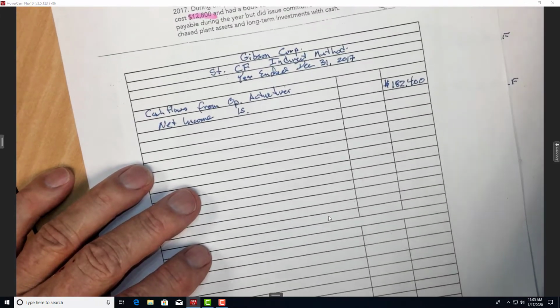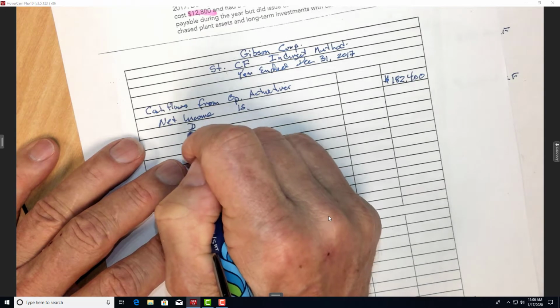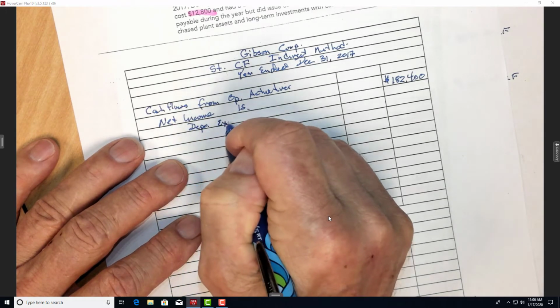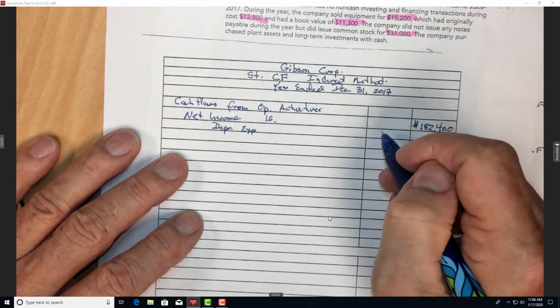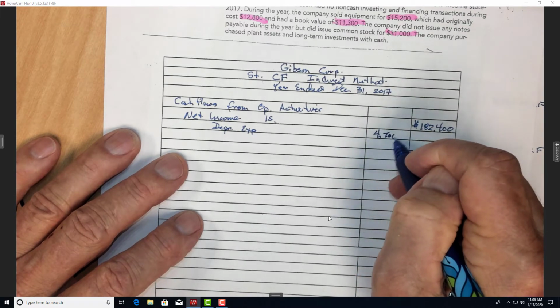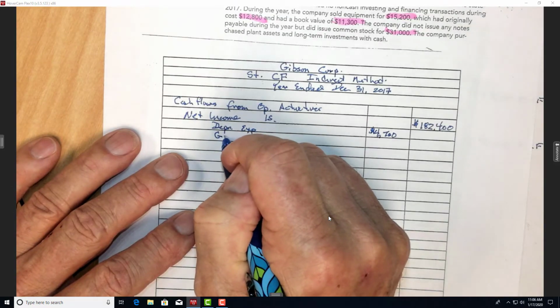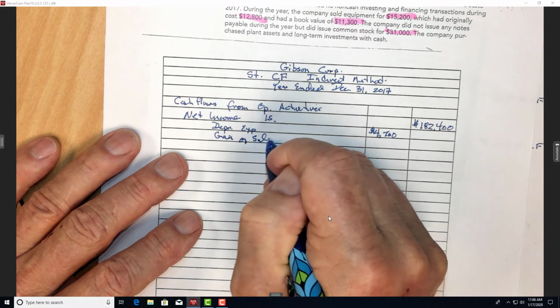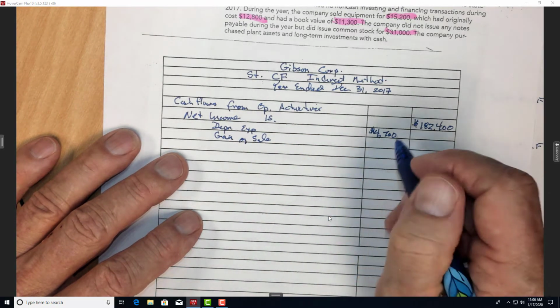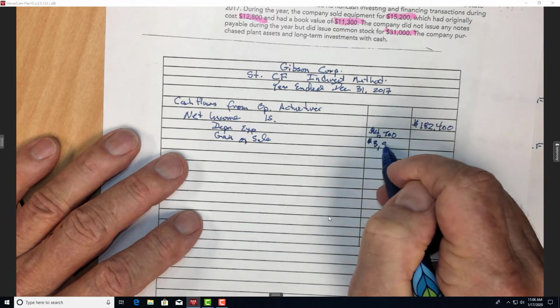So let's go back to our statement of cash flows. And let's put the depreciation expense, and that depreciation expense was $4,700, and we're going to add it back. All right, and then we have to look at the gain or loss, but in this case it's a gain on the sale of equipment, and that gain, which was added back in the income statement, needs to be subtracted from the statement